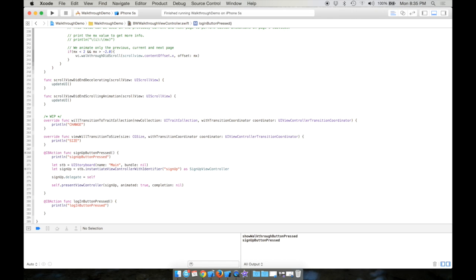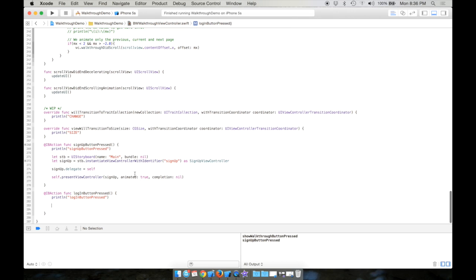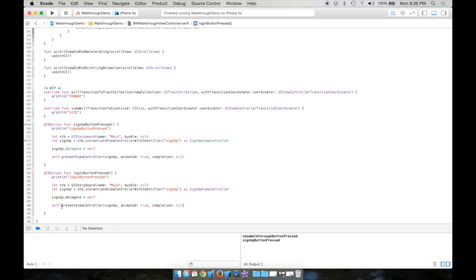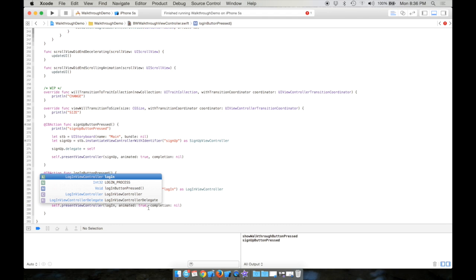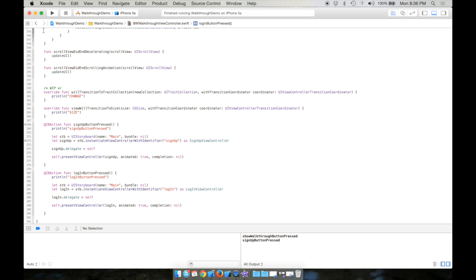So the same thing we can do for the login. We can actually copy and paste this code, put it in here. Instead of sign up, we call it login, and then we pass in the ID of the login view controller, and we just call it of the login view controller type. Login, and the login view controller we're going to animate up. Cool, so now if we run this right now,